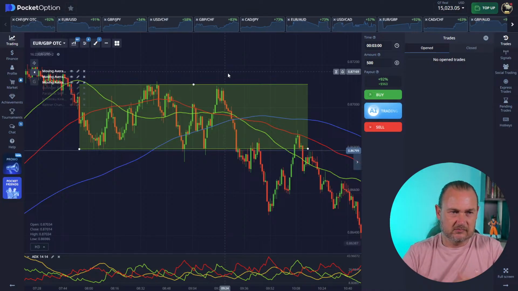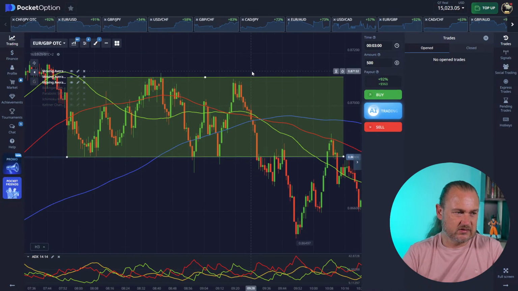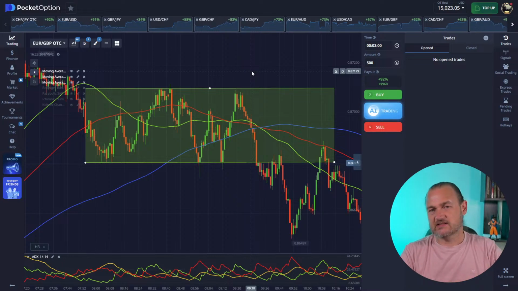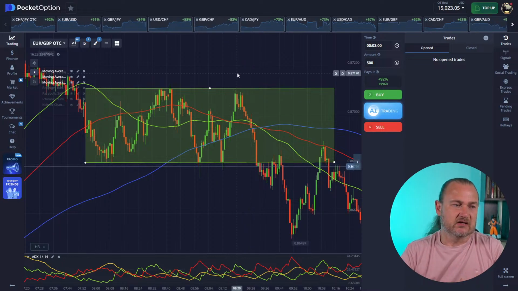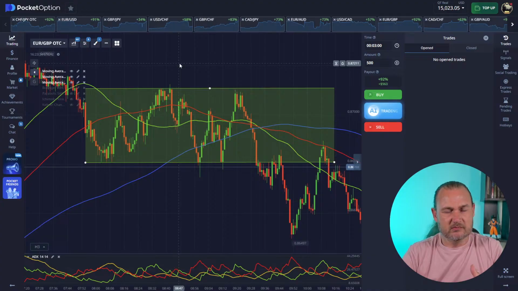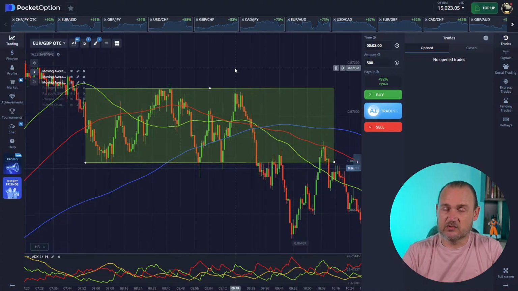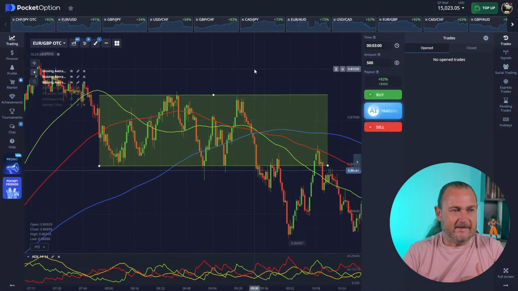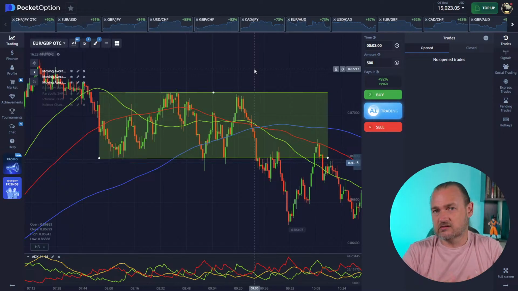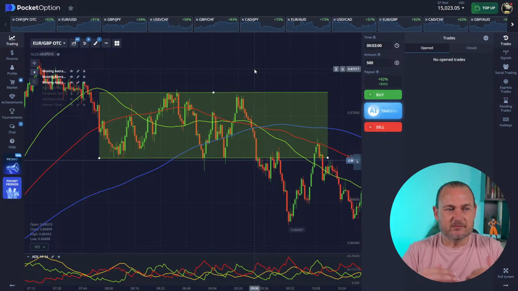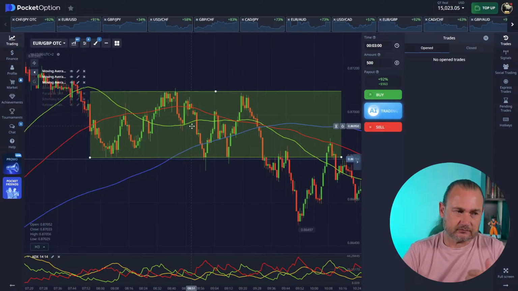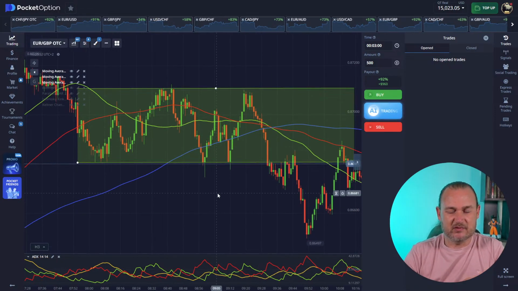Obviously, not often enough so that I can find a quick example, but this does happen. Assets do go into ranges, especially your non-OTC assets. Your real assets will often go into ranges when there's important data on the way, or if there's a lot of uncertainty in the market, something has been announced and people are not sure how it's going to impact, we're going to see price go into ranges. But once you have established a range,